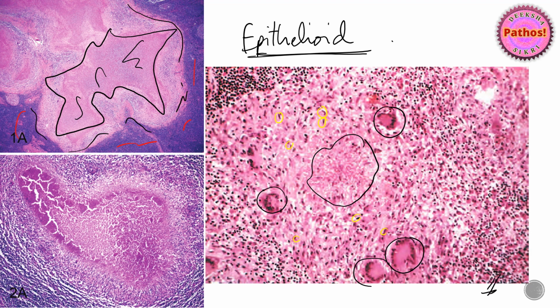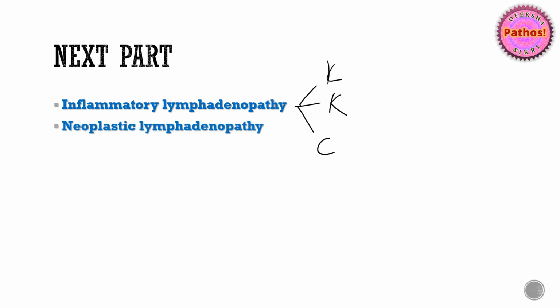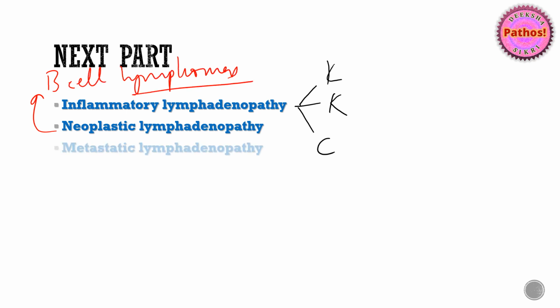and epithelioid histiocytes. So this was part 1, and in the next part we're going to discuss inflammatory lymphadenopathy, where I'll talk about the 2 Ks and 1 C, the Kikuchi, Kimura, and Castleman. We're going to discuss neoplastic lymphadenopathy, where I'll give you algorithms for B cell lymphomas more importantly, and of course we'll discuss a bit of T cells as well. Metastatic lymphadenopathy, where I would discuss with you the approach to carcinoma of unknown primary in terms of IHC, and then